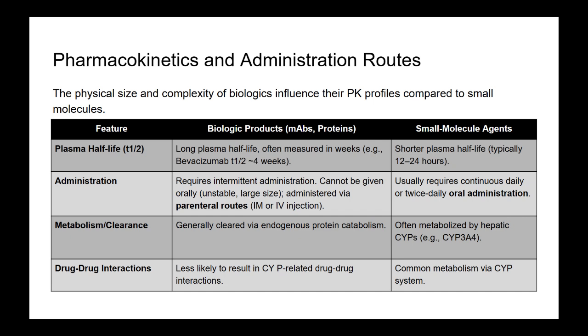Extracellular versus intracellular targeting. Where do small molecules typically do their work? Small molecules are built for the inside of the cell. They need to penetrate the cell membrane, which is relatively easy for them because they're small and often lipophilic, meaning they like fatty environments like cell membranes. Their primary function, especially in areas like oncology, is often to act as kinase inhibitors. They sneak inside the cell and block the adenosine triphosphate, or ATP, binding domain of an enzymatic protein, a kinase. This is our break-the-machinery-inside-the-factory analogy from before.